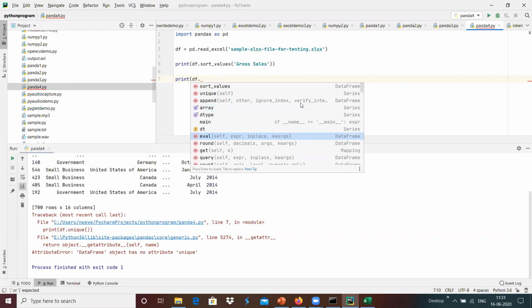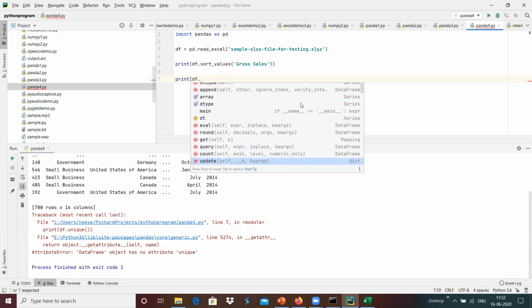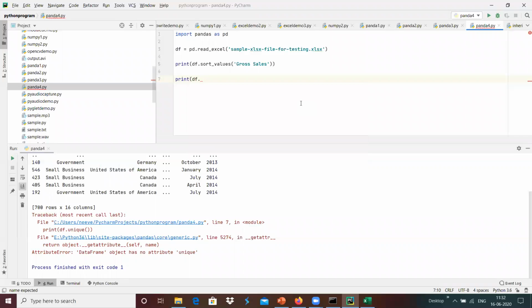If we wanted to do the evaluation, we can do that. And if we wanted to count the values, it can be done with the data frame accordingly. This is how we can do the complete analytics of data with the help of data frames by using Pandas.